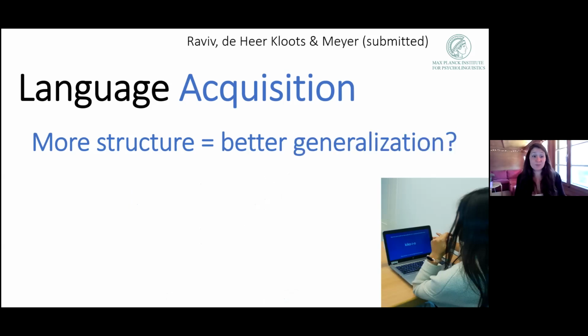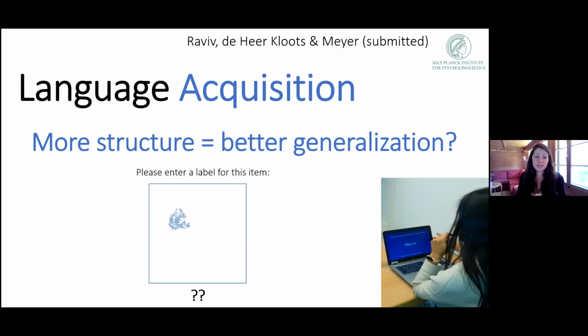The second part of the puzzle was whether more structure helps you generalize better. So how well do people generalize the language they learn to new unfamiliar meanings that they've never seen before? Can learners apply the language they learn to new contexts, and will different learners do this in the same way? For this, I gave participants another test. They saw 12 scenes with new combinations of shape and direction that they hadn't seen during training. And they were asked to label them according to what they thought would be correct based on the language they just learned.